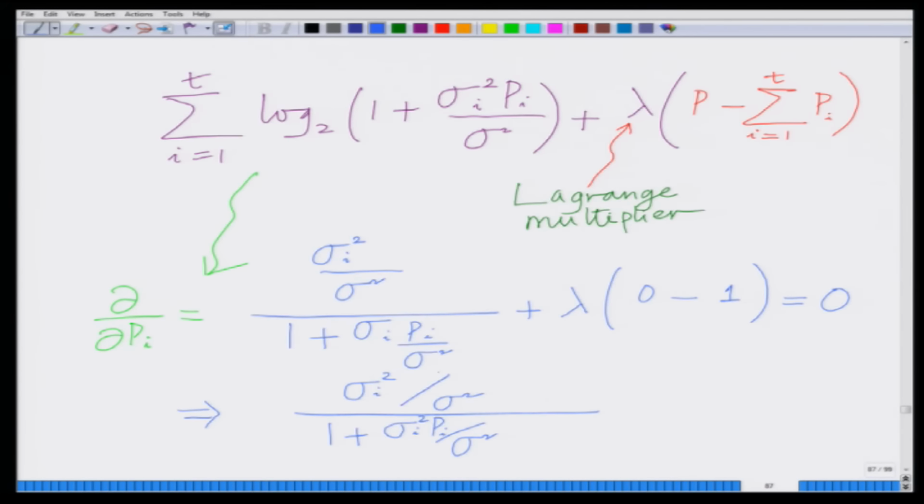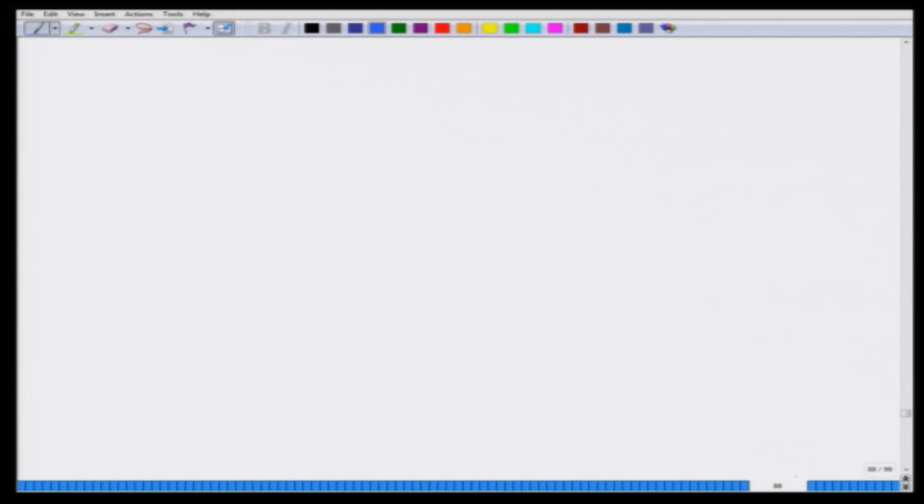So, I have sigma I square divided by sigma square, divided by 1 plus sigma I square Pi divided by sigma square, is equal to lambda. Therefore, let me rewrite this again. I have sigma I square divided by sigma square, divided by 1 plus sigma I square Pi divided by sigma square, is equal to lambda,